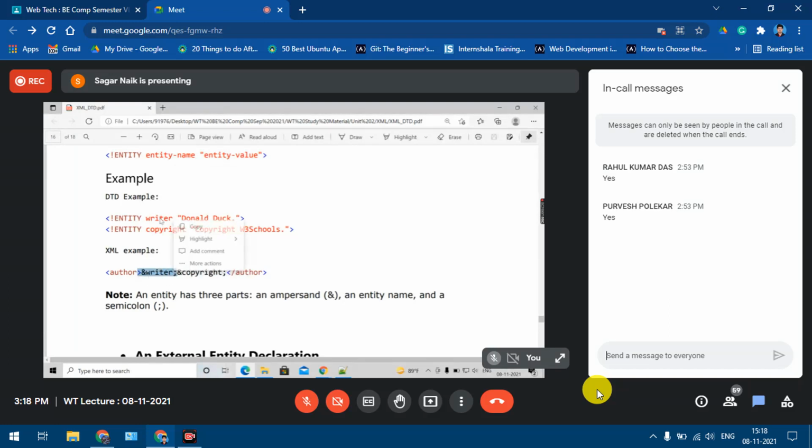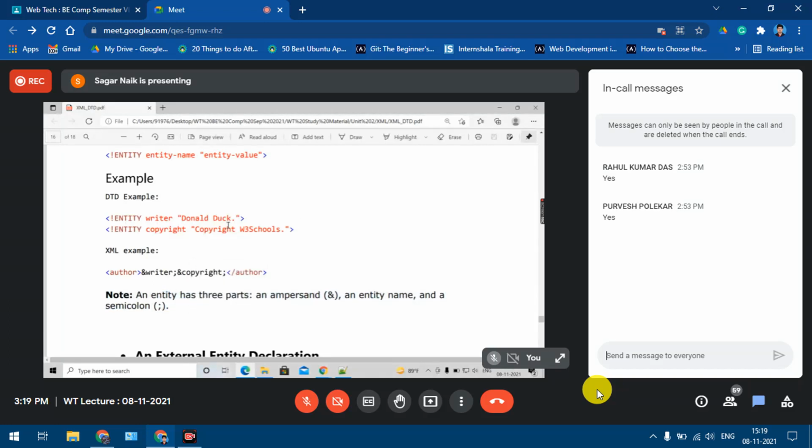What data will be included here? Donald Duck. And I have included the second entity also: ampersand, entity name, semicolon. Here copyright W3 Schools will be included. So if I ask you what the contents of the author element are, it will be Donald Duck, Copyright W3 Schools. Understood? An entity has three parts.